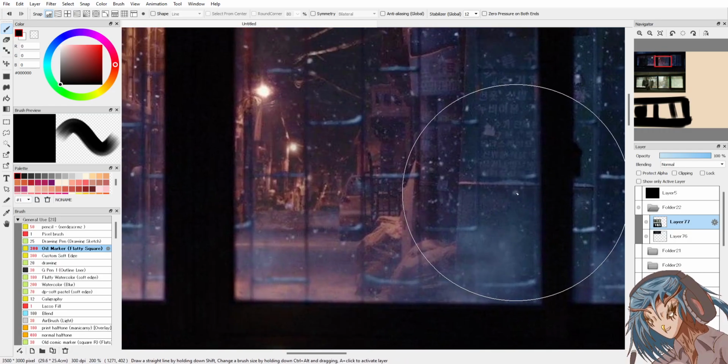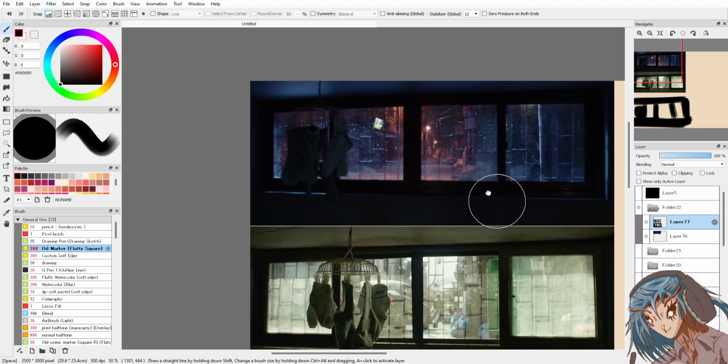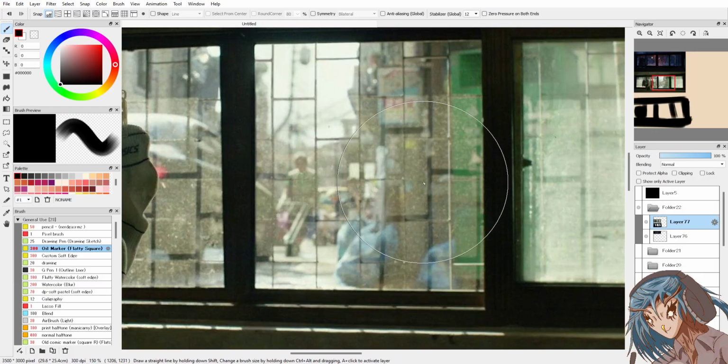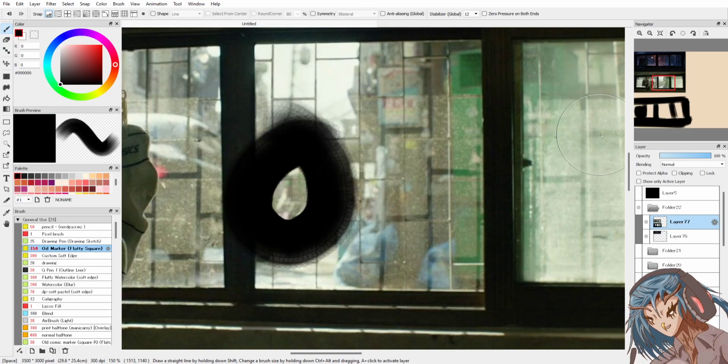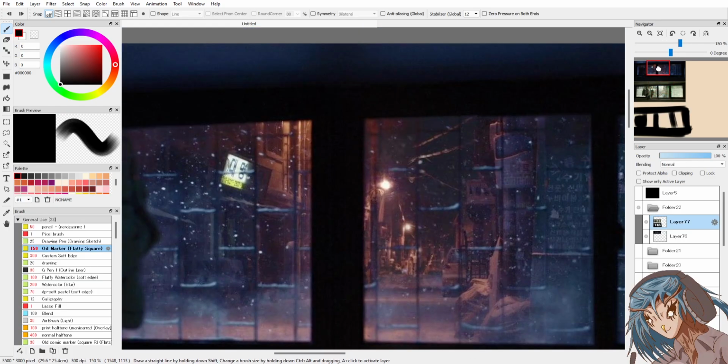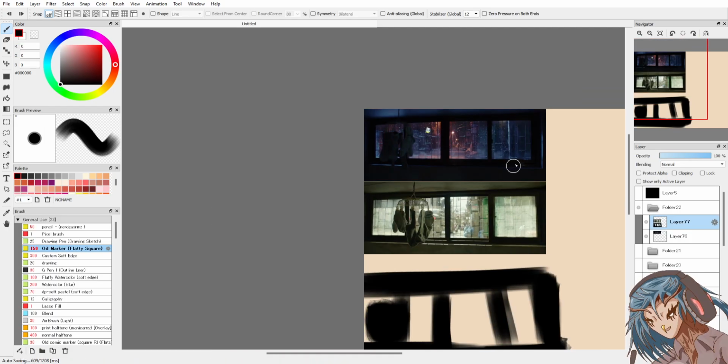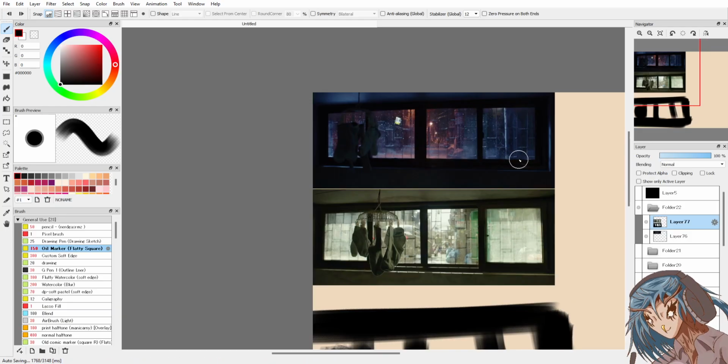Is that snow? This character is missing. Why? There's probably symbology here or something. But it feels different, doesn't it?